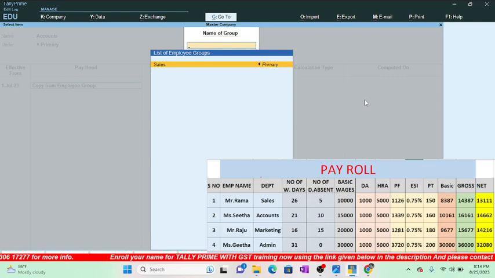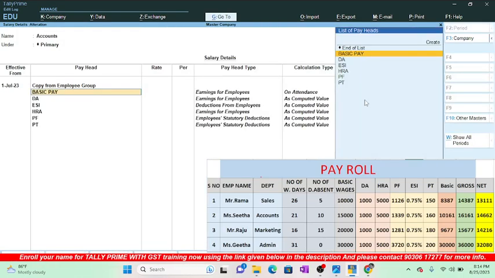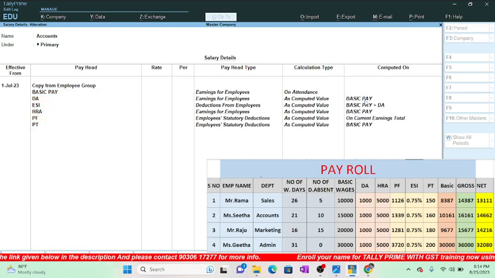If you observe sales, select sales, see what are the pay heads we have given in sales department. So that all came here. Okay, just save all these options. Then